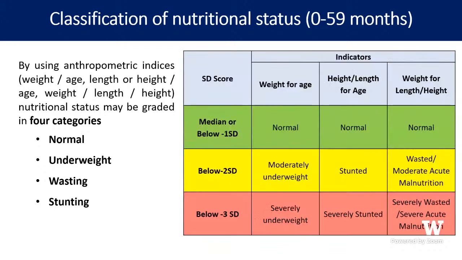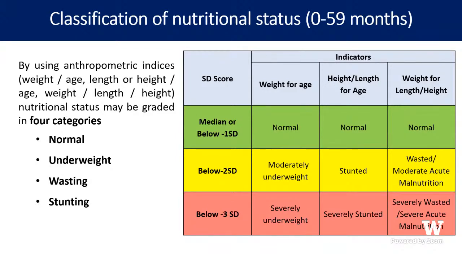So this is the score. See what is happening here, it is called a standard deviation score. So what is normal? Normal is below 1 standard deviation, okay? So the child's weight is appropriate for the age. Say I tell you the child is 1 year old, the weight of the child is 10 kgs, that is appropriate for that age. Height, length of the child, say around 70 centimeters, the length is also normal. So weight for age and weight for height are normal, so the child is normal. And that is below 1 standard deviation.